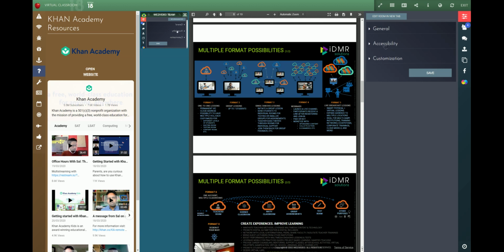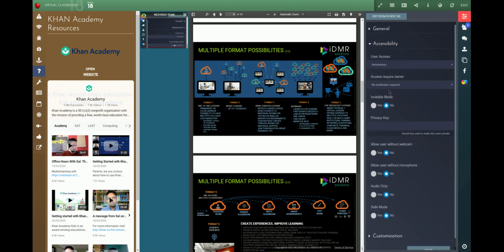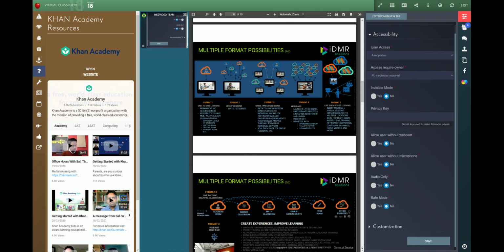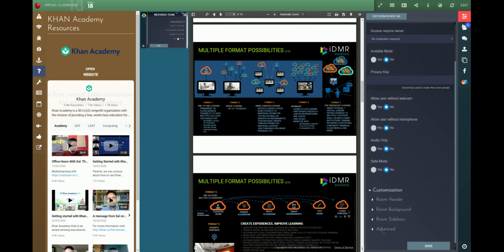So for example, the accessibility: I can put here a password, or I can become invisible as well. Or I can put here that I need to be in the room before anybody else can come into the room. For customizing, you can actually enlarge my image, or actually the image of my mouse now, by clicking on the top right of my video box.